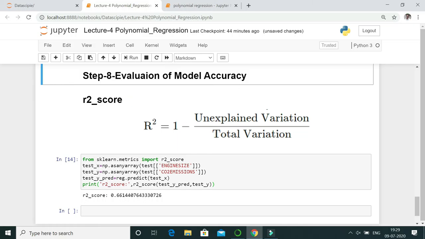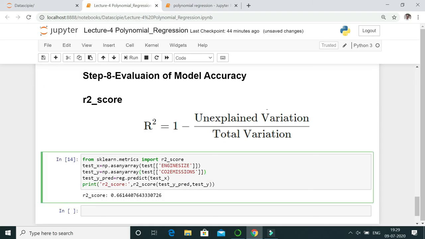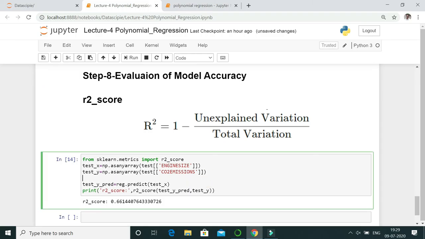Next, we have to evaluate the model accuracy. Earlier we had considered the dataset in vector format, so first of all we have to change it into matrix format. For that, as with train_x, we would replace test_x with test_x_poly is equal to poly.fit_transform of test_x, and replace our test_x with test_x_poly.